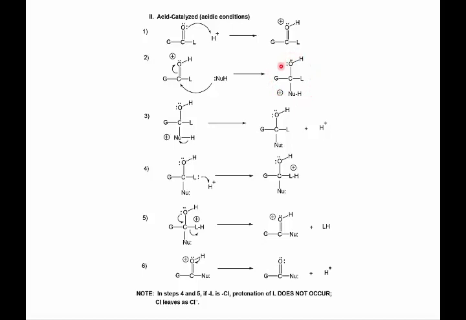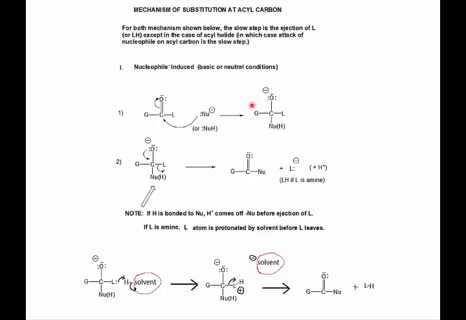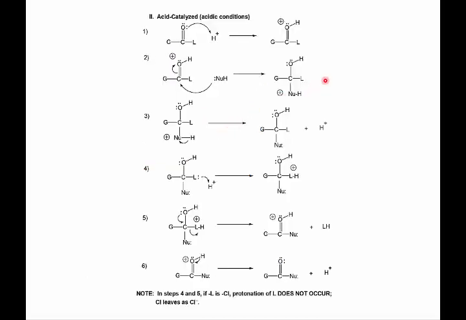Oh, by the way, that species here is an intermediate because it's four-bonded, tetracovalent. We call that a tetrahedral intermediate. So this species right here, which is really an intermediate, its official name is a tetrahedral intermediate. Anyway, this forms, and then the next